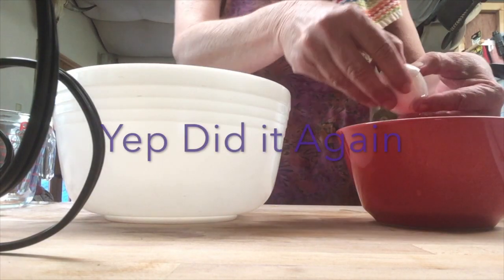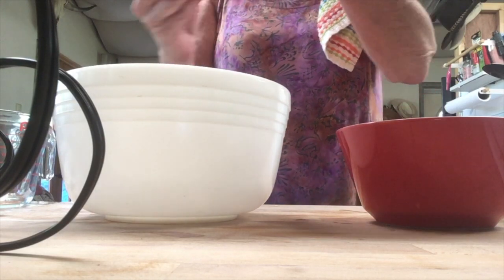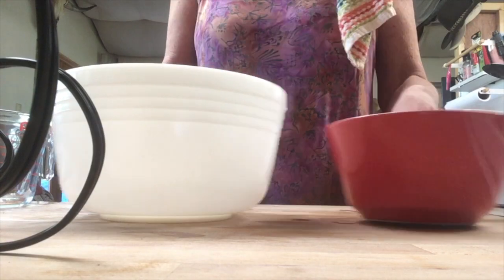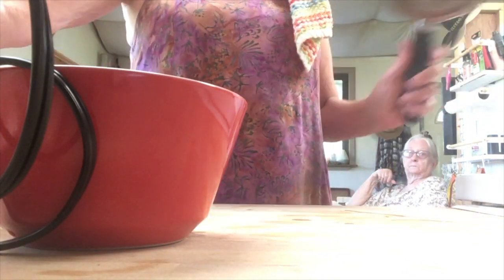They make nice little egg separators, but if you just la la, you can actually use the egg shell. So I've got my eggs separated. I'm going to set those aside. I'm going to take my saucepan,